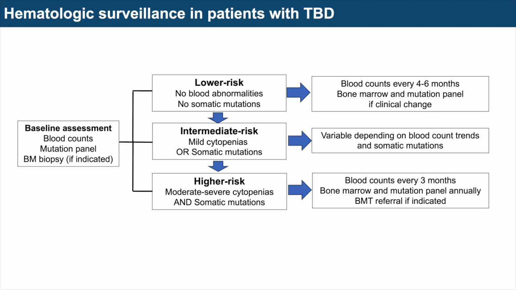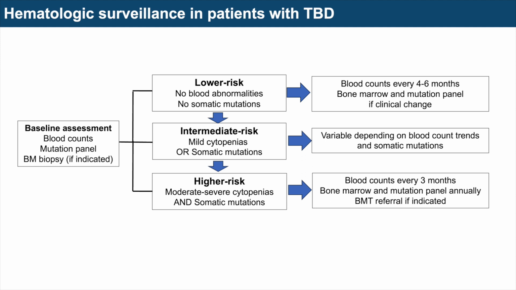I think Dr. Olson spoke to this as well. We're looking for things like the cellularity of the bone marrow. We're looking for any signs of abnormal development. The term that we often use to describe that is dysplasia. And we also look to see if there's any abnormal population of blood cells that gives a sense that patients are progressing towards a leukemia.